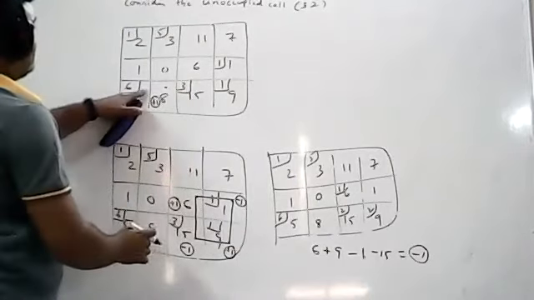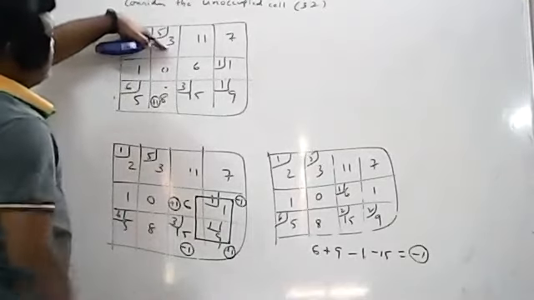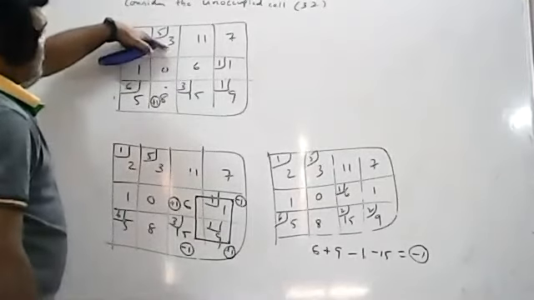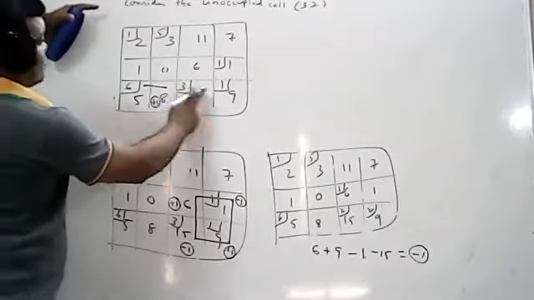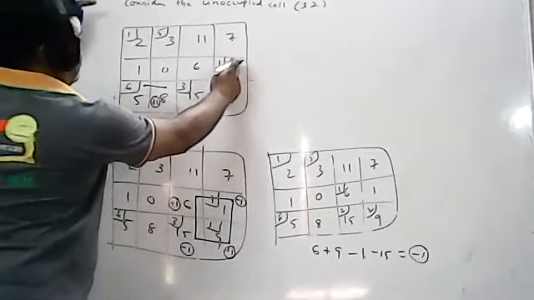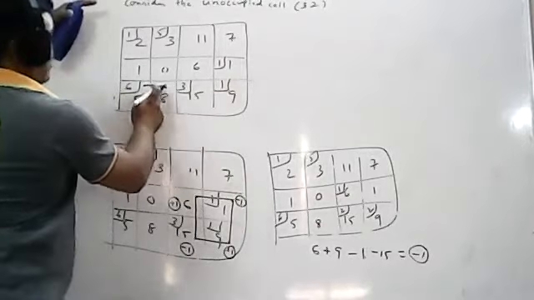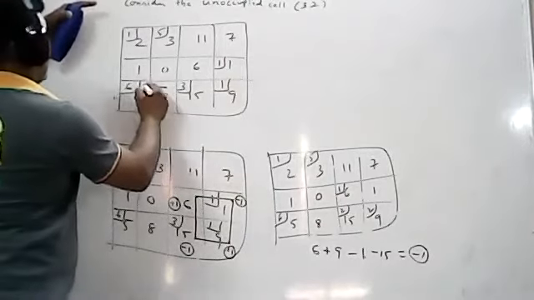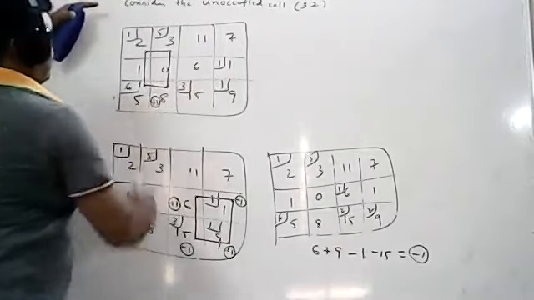Suppose if I go like this. Next, what happened? I have to consider this one. Next I have to consider this one. Then I think the loop exists here. So the loop exists here. So directly I will go like this. Because if you go like this, what happened here? You will get here the loop will be stopped. Suppose if I consider this one, loop definition fails. So obviously I have to consider this one. And the next corner point is this one. And the last corner point is this one.